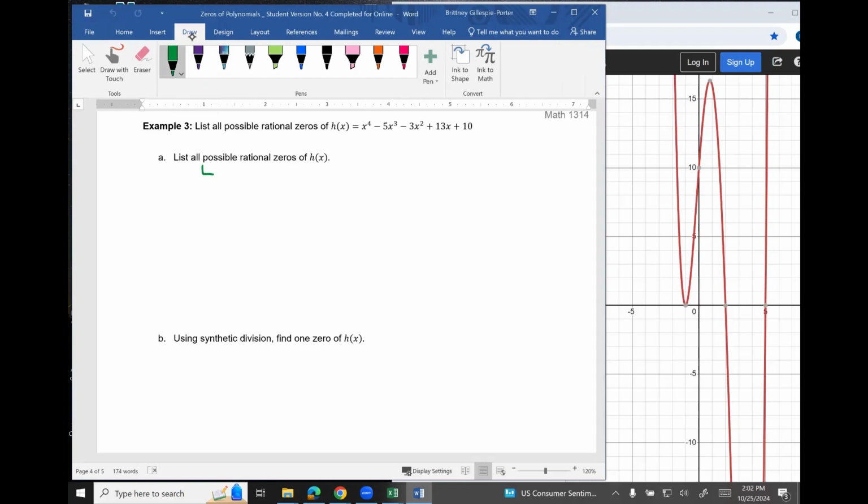When we're doing this, remember, this is where we do plus or minus p over q, where p is our factors of our constant term, which is 10, and q is our factors of our leading coefficient, which is 1. So factors of 10,